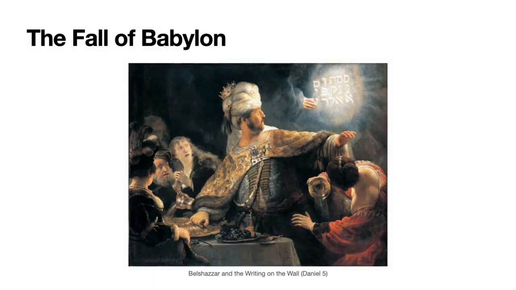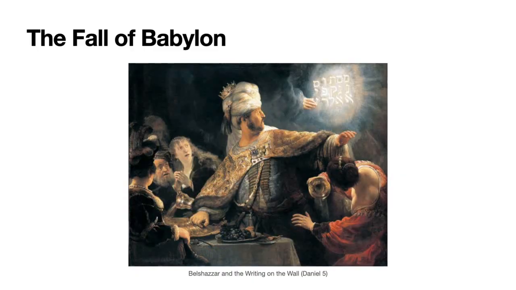Last thing we're going to look at here is the fall of Babylon. So after the death of Nebuchadnezzar, Babylon was ruled by less capable men. There's a series of kings who just did not have the leadership skills of Nebuchadnezzar. The final king was Nabonidus, who co-ruled with his son Belshazzar. Whereas Nebuchadnezzar looked into the religious affairs of the nation for practical purposes, Nabonidus was a religious fanatic who was disliked by the people.